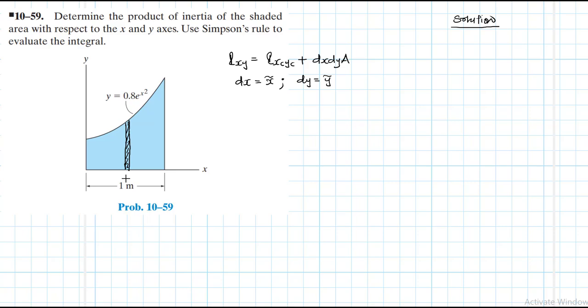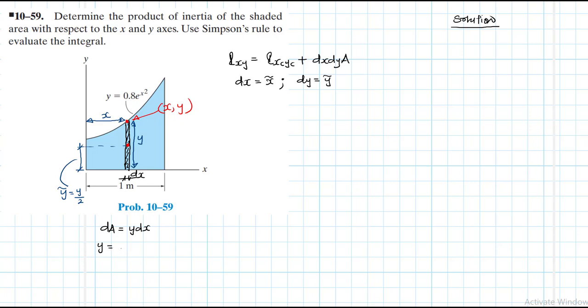Alright, so we have this small strip which is dx and is cutting the curve at x comma y, and therefore this length here to this point is going to be x and this height is y, and this centroidal location with respect to the x-axis, y tilde, is equal to y divided by 2, and its differential area dA is equal to this height y and this thickness dx,